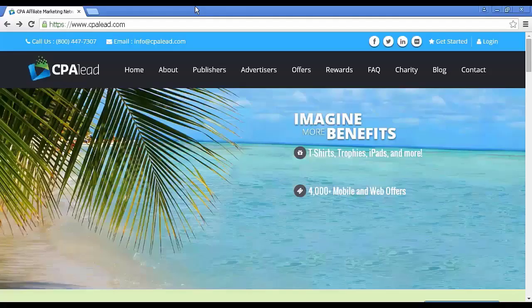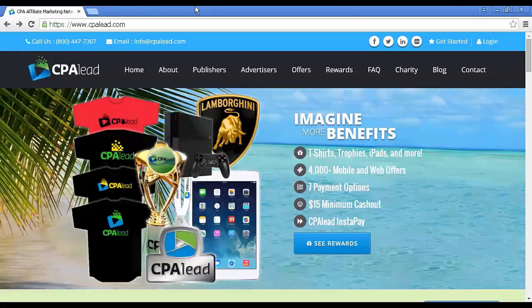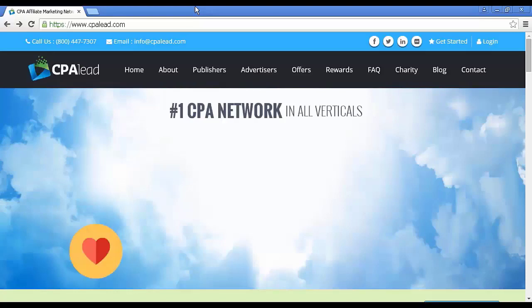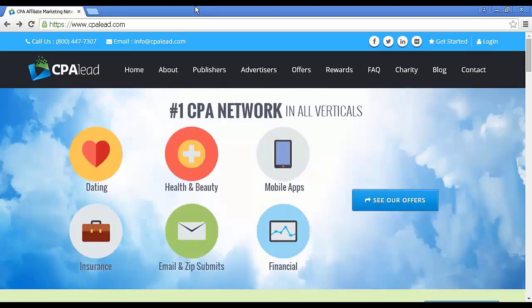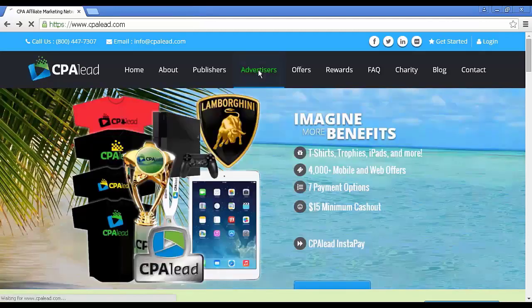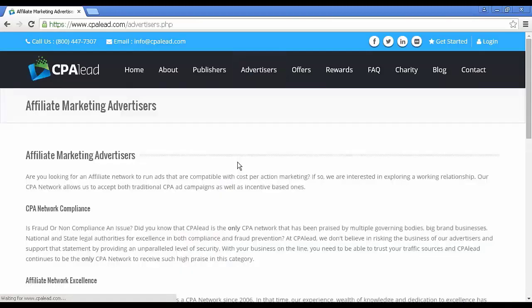The next site I want to tell you about is cpalead.com. CPA Lead describes itself as an affiliate marketing platform despite its name. Established in 2006, it has a relatively good reputation within the CPA sphere, and they appear to take fraud and non-compliance very seriously. If you click here on the Advertisers tab,